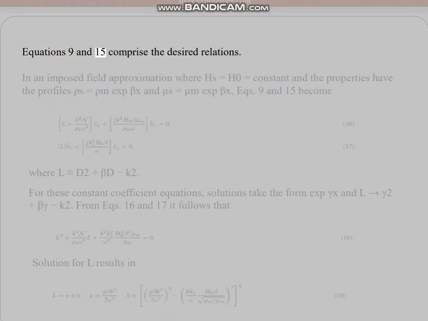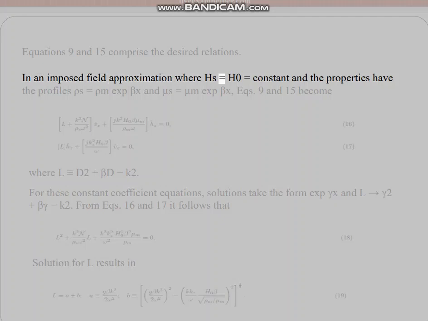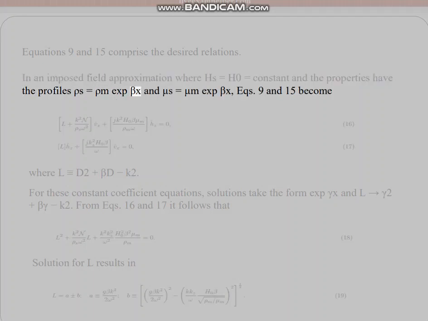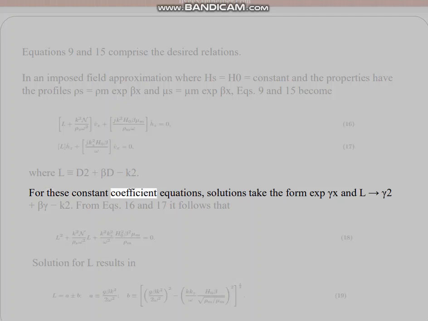Equations 9 and 15 comprise the desired relations. In an imposed field approximation where H_s equals H_0 equals constant and the properties have the profiles rho_s equals rho_m exp(beta x) and mu_s equals mu_m exp(beta x), Eqs. 9 and 15 become where L is identical to d^2 plus beta d minus k^2. For these constant coefficient equations, solutions take the form exp(gamma x) and L(gamma) equals gamma^2 plus beta gamma minus k^2. From Eqs. 16 and 17 it follows that solution for L results in